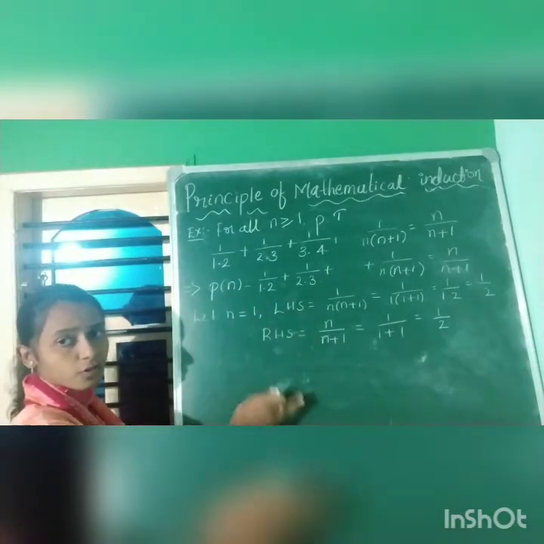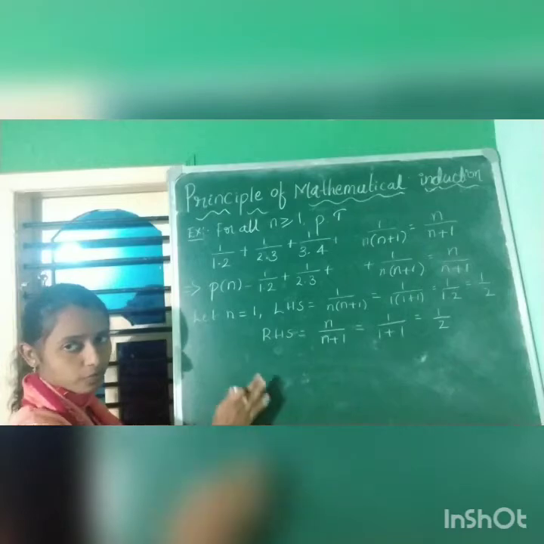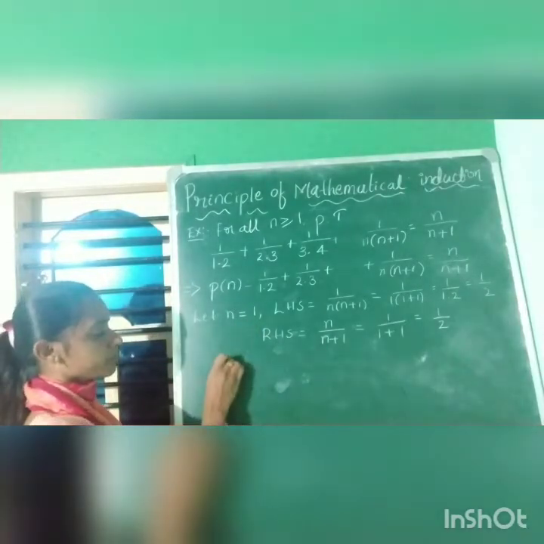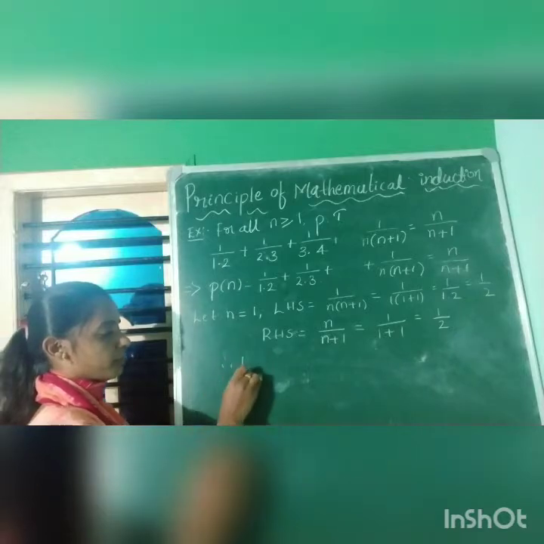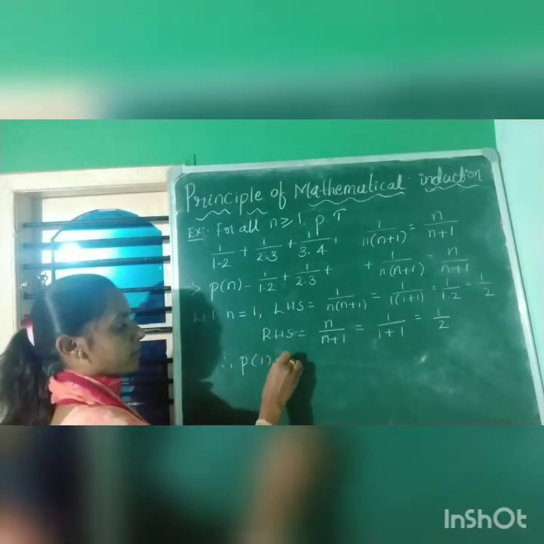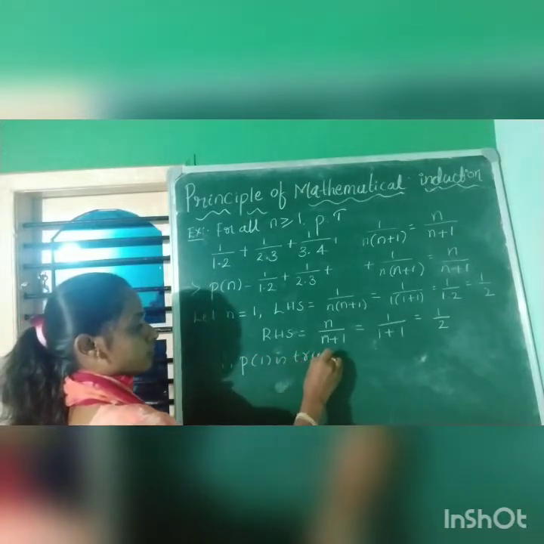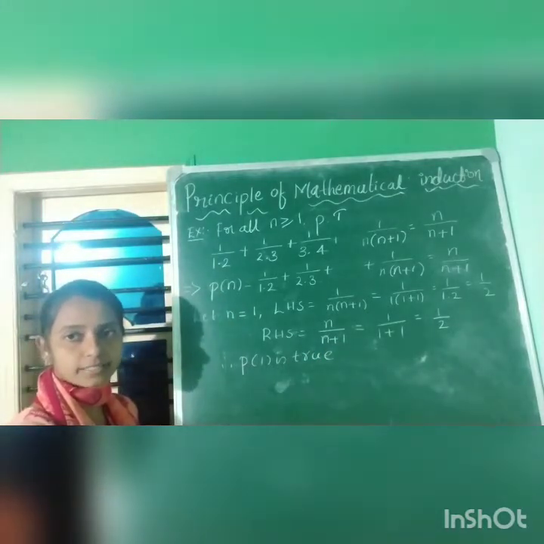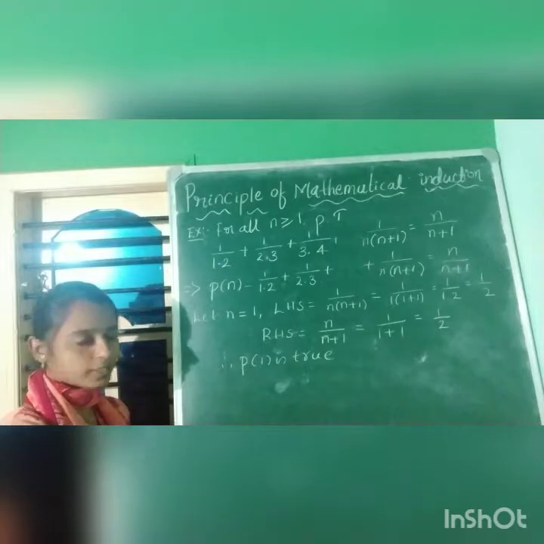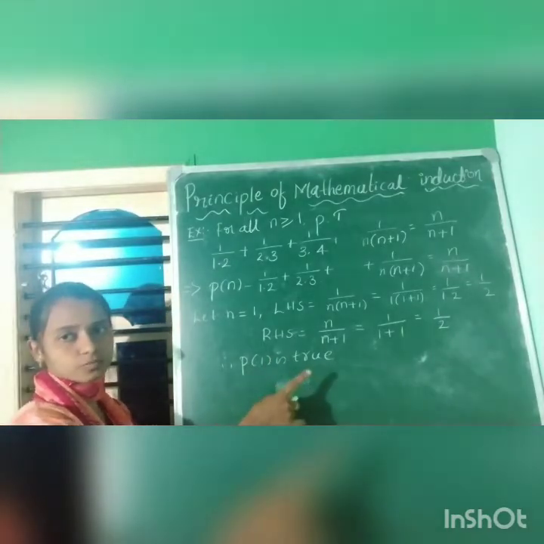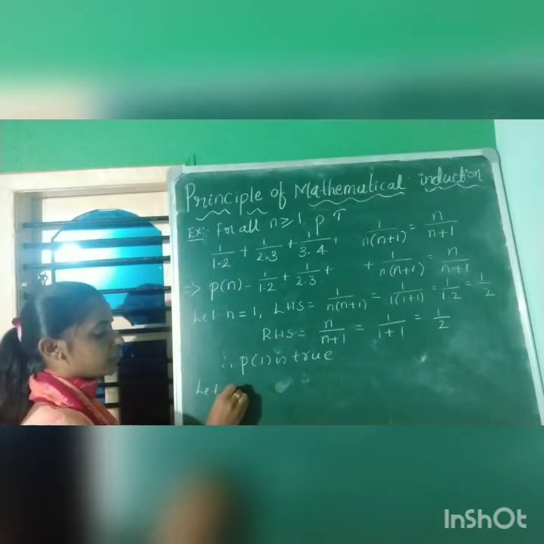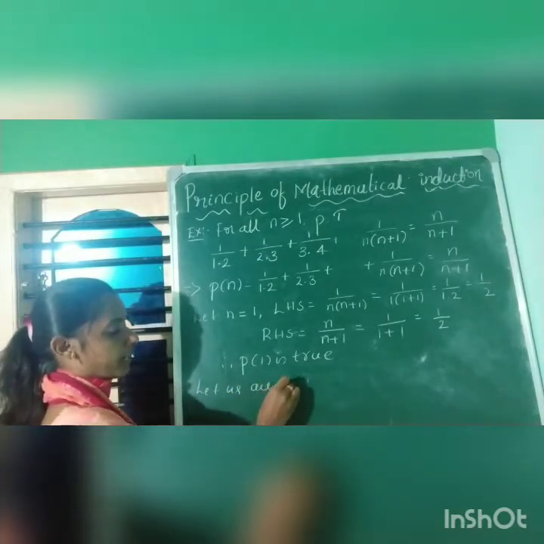Clear? For all the problems you need to do it like this only. Okay? This is the first step you can consider. Therefore, P of 1 is true. Once you get the same value for LHS and RHS, you can conclude that P of 1 is true. After this, let us assume